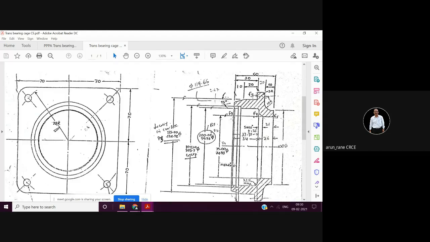Plus you can do this groove also. And then second setup on the lathe machine only, you can hold it on this diameter in a soft jaw chuck, and then you have to do this facing, then this diameter, and this facing, and this radius format. So this is what you have to decide, this sequence.